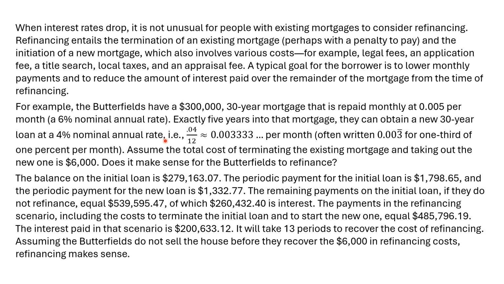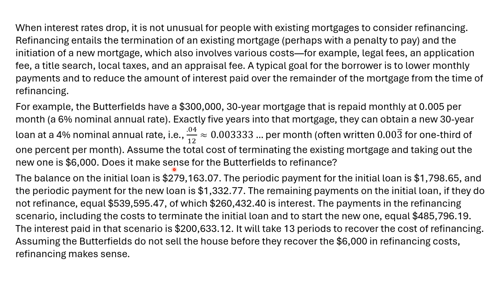And the monthly rate would be 0.04 divided by 12, so it's 0.0, and the threes are repeated indefinitely. We need to be careful here, as I explained in the previous lesson. If you truncate too soon, you'll actually get the wrong answer, at least in the cents, even in the dollars sometimes. So when I show you the program, I'm actually going to put 8 threes in here when I enter